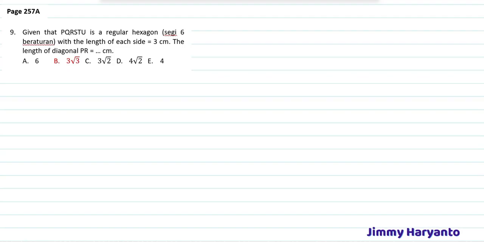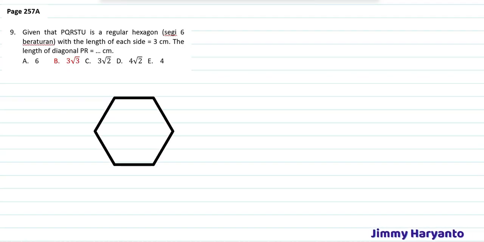Hexagon is the 6-gon. 6-gon means the shape will be like this. And you have to know that the hexagon is formed by 6 equilateral triangles. Why is it like that? Because one rotation divided by 6 equals 60. That means this one is 60, 60, 60, 60. And this one is equal in length. That sides are equal in length.